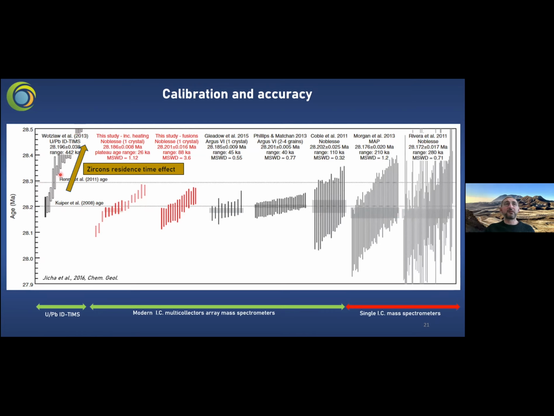You could see the spread of ages on the zircons, which is the effect of residence time, if you remember the presentation of Urs. And in fact, there's only 3 crystals here that fit with the argon-argon ages. All the rest is affected by residence time or other problems of dating. But as you could see, the individual uncertainty of single crystals of sanidine is as good as uranium-lead. And we can measure many more crystals than uranium-lead.